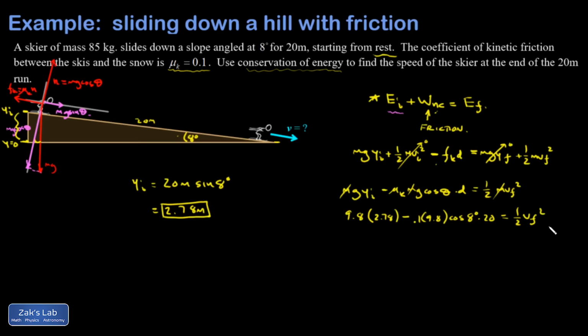So I'll smash all those together. Okay, so I get a 7.83 over here. Let's keep an extra decimal point, equals 1/2 v final squared. So I'll multiply by 2 and square root it. And I get 3.96